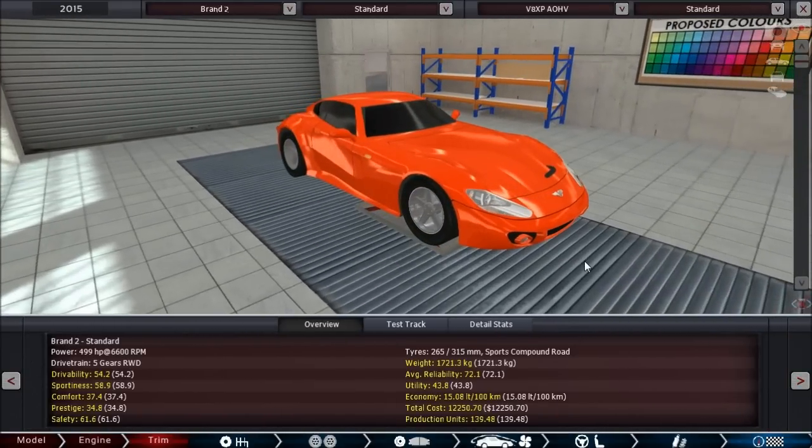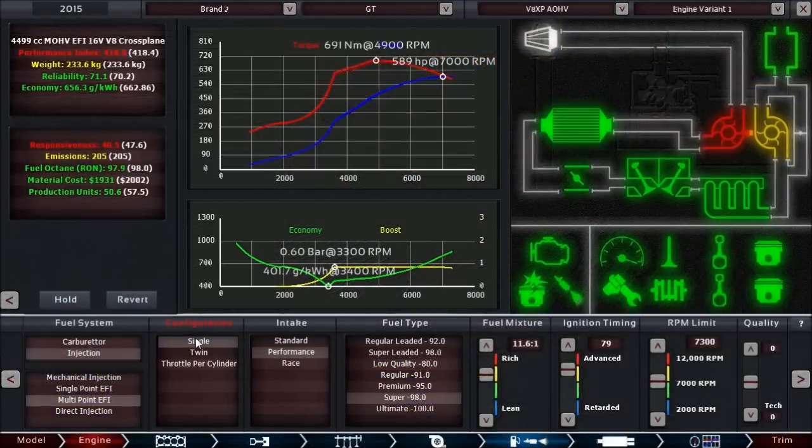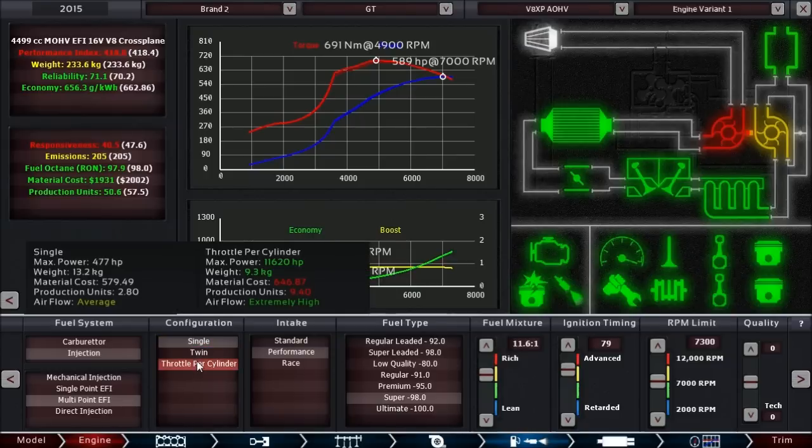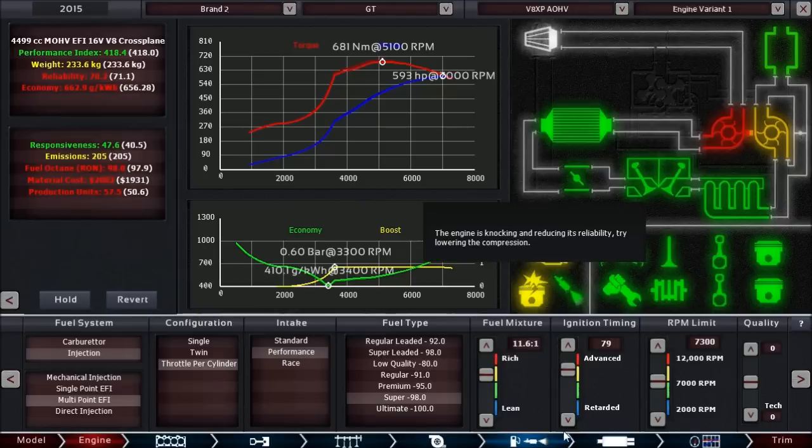And let's go to the next model. And if we are going to reach 2 tons, I think we will. Now, we were still on a single configuration here. I think this one, just for the responsiveness of this thing, would be quite good to choose. Just gives us 7.6 more responsiveness. Then that should be good. But also we are knocking. Why are we knocking? Let's drop this